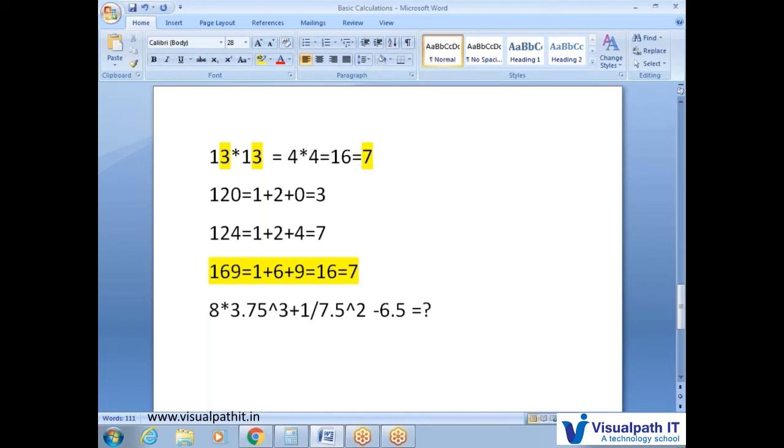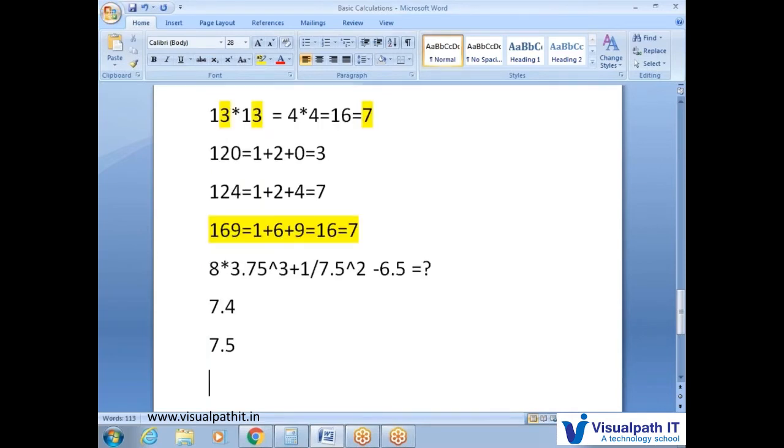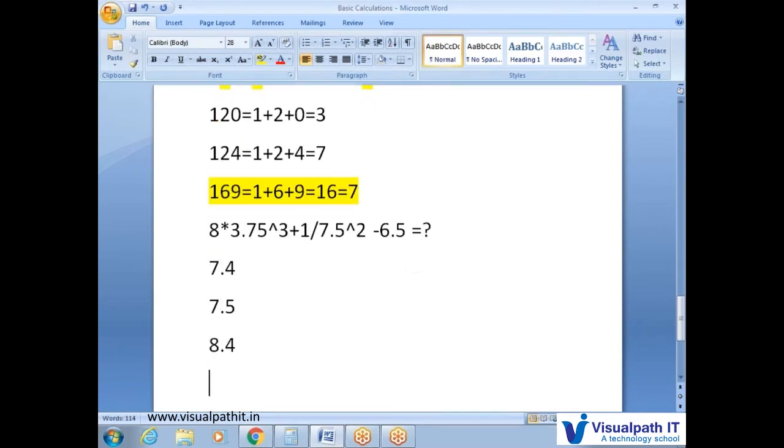In less than a minute. Okay, so in CRT, it means not a time-taking process, only a time management process. So in this question, how to solve in less than a minute? So go for the digital root method. So here are four options. Option A 7.4, option B 7.5, option C 8.4, option D 8.5. There are four options. So in the same way, go for the digital root method.